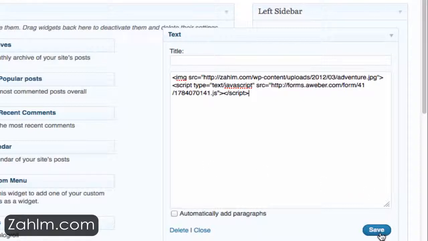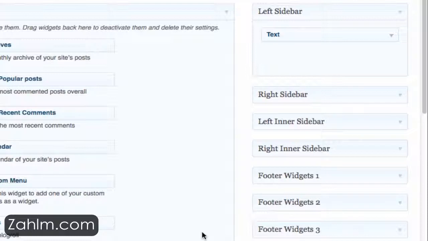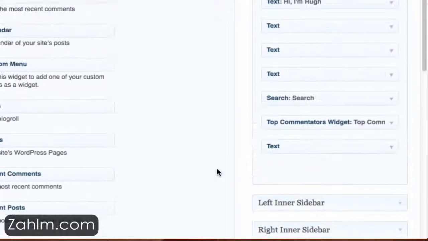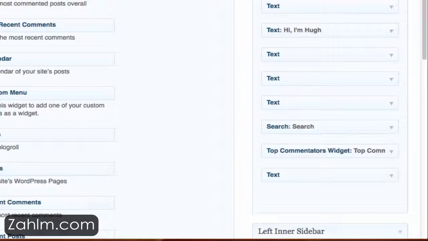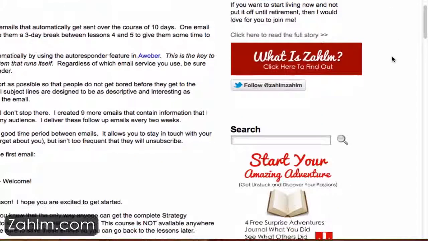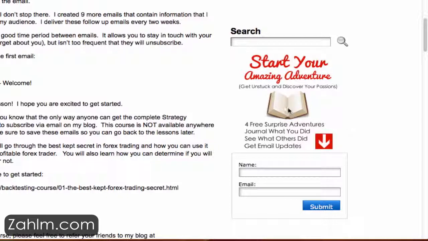So now you can save it, and then you can close it. So that will show up in your left sidebar. Now if you have other sidebars like I do, you can stick it pretty much anywhere. Just as an example, let's put it into my right sidebar that's visible. I'm going to put it at the very bottom, and we'll see how that turns out. So let's go back to my home page and refresh it. And there you go. It shows up with the image and then the box,